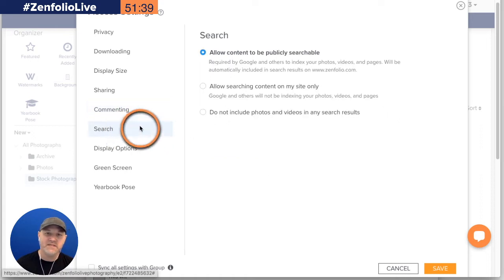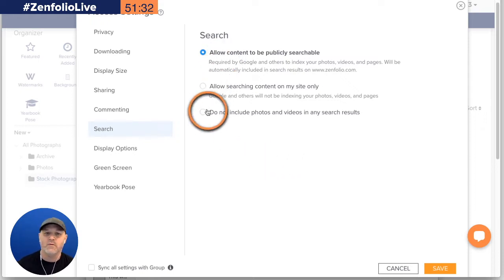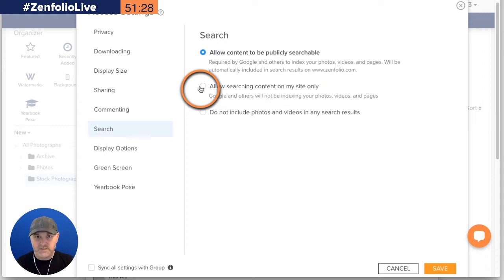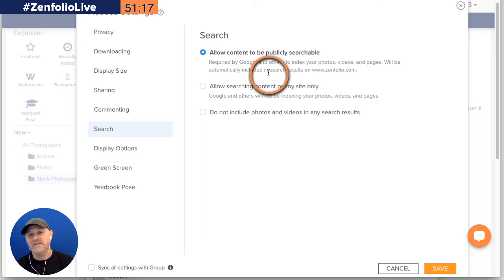Now, another important setting is the search setting right here. A lot of times I'll recommend, like for client galleries and different things like that, you might want to restrict the search. You might want to just have it on your site only. For your stock photos, where you're wanting people to find this in Google search and to come to your site and buy stuff, you're going to want to make sure that this is publicly searchable. That way these pages get indexed by the search engines